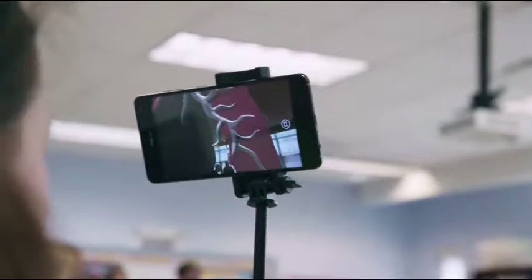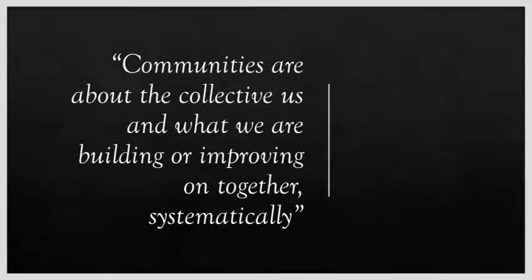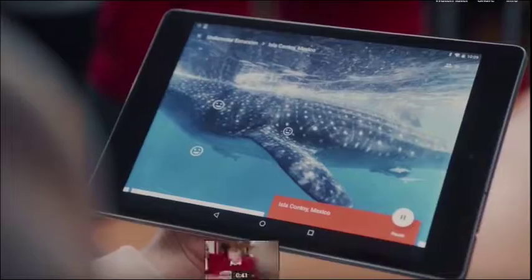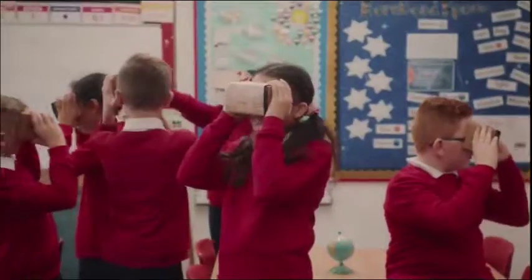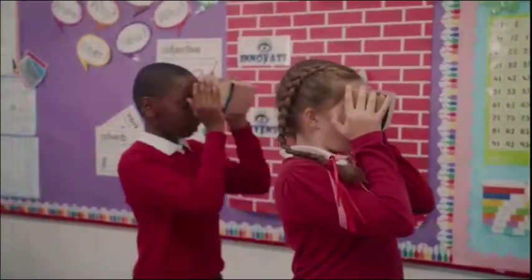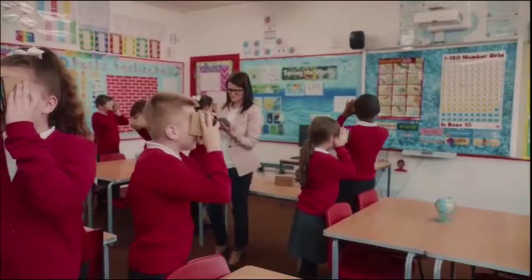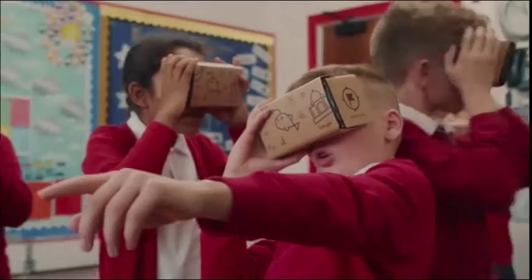The book states, communities are about the collective us and what we are building or improving on together, systematically. As a leader, one can lead by example and showcase common practices, activities, knowledge, and strategies being currently used for VR/AR instruction. The willingness to share what one has created, in my opinion, is one of the most important qualities